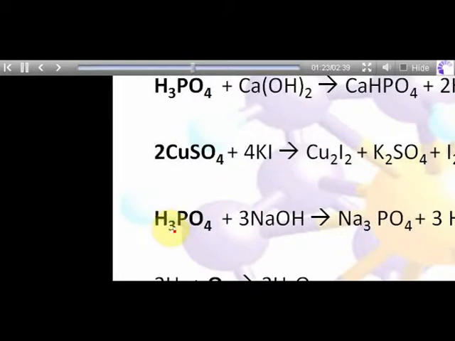159.6. In the next reaction, again we have to find the equivalent mass of phosphoric acid but in a different reaction. So 1 mole of phosphoric acid reacts with 3 moles of hydroxyl ions. Hence, its equivalent mass will be its molar mass, that is 98 divided by 3, that is 32.66 gram equivalent. As we discussed recently, the equivalent mass of a single substance can be different in two reactions, as can be seen. The equivalent mass of phosphoric acid in this reaction is 49, whereas in this reaction it's 32.66.